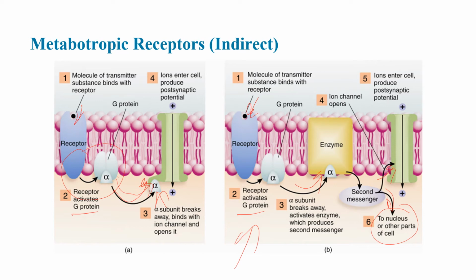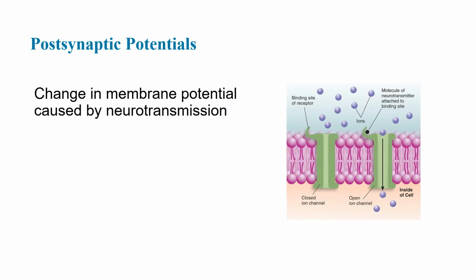I hope that makes sense. So, basically what it comes down to, what we've been looking at, is that there's this change in membrane potential that's caused by neurotransmission. Everything we've talked about in the previous set of slides and this set of slides to this